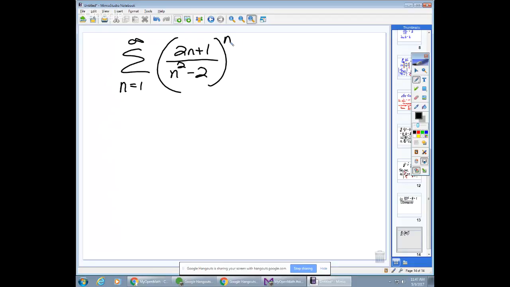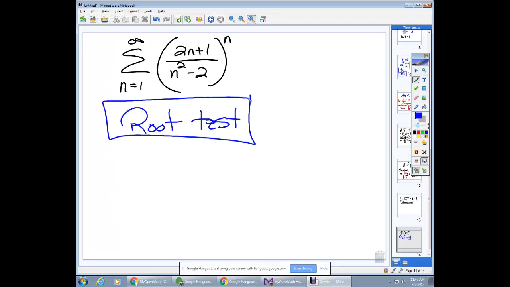If you apply the ratio test to this, it gets nuts fast. So we're not even going to do that. We're just going to go right to the root test. What the root test says, and the root test is also derived from the idea of geometric series, is that if you take the nth root of the absolute value of the nth term of your sequence,